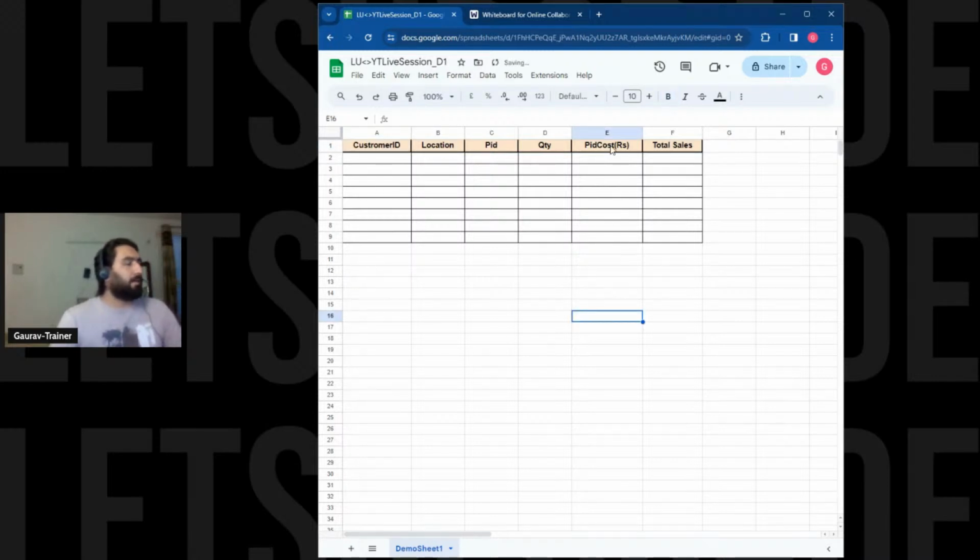Okay, all right. Once this is done, we'll also remove this PID in rupees. Okay, fine. So once we have these things with us, we can create some random customer IDs like